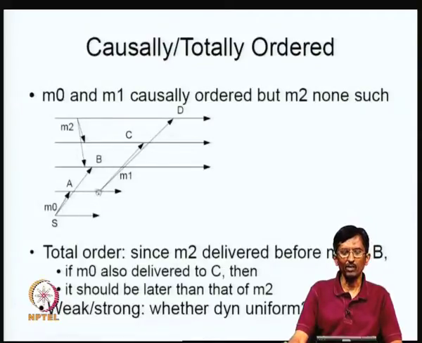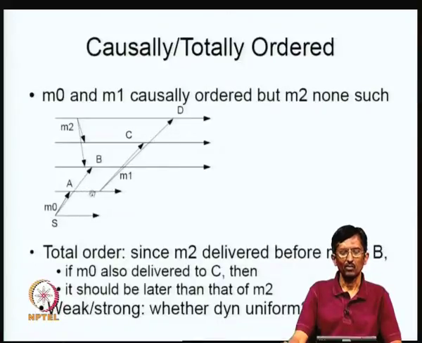Now, the thing is, this may be causally related to A or may not be. For example, this could be something and this completely independent, but our distributed system, not having this application semantics or higher level knowledge, has no way of finding out whether this is actually independent of this. All we can say is that as a person standing at A, we know that this happens later than A. So a safe assumption is that this is somehow connected with this. It may not be true in principle in all cases, but it is a safe, conservative assumption.